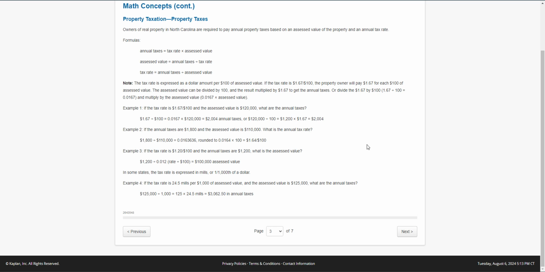One thousandth is going to be, in some states, the tax rate in mills. Well, how do you get or one thousandth of a dollar? So 20 for